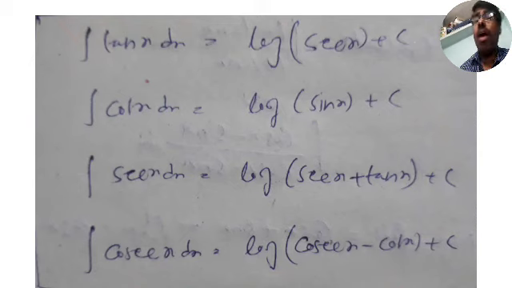In the standard formulas I gave two. What is that? Integration of sin x is minus cos x plus c, and integration of cos x is sin x plus c. Now integration of tan x is log of sec x plus c. Integration of cot x is log of sin x plus c. Integration of sec x is log of sec x plus tan x plus c. Integration of cosec x is log of cosec x minus cot x plus c. Are you getting? These are the integrations of tan, cot, sec, cosec and all trigonometric functions we got in the last class.